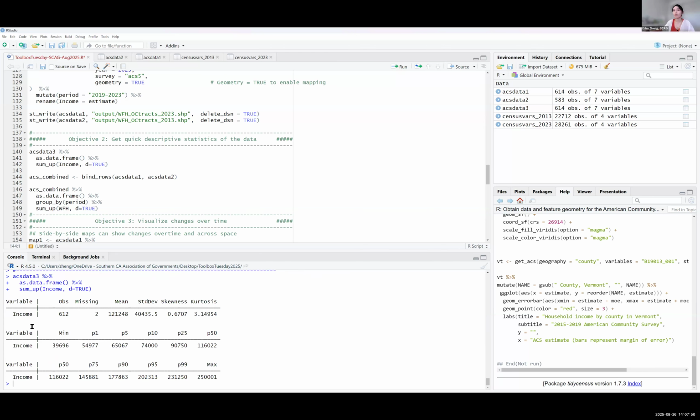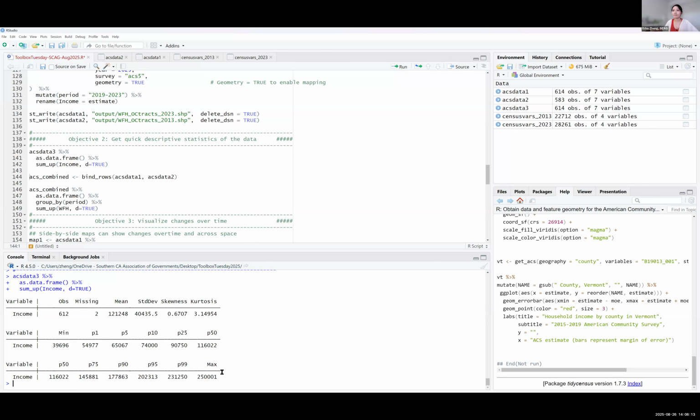There are different ways to get descriptive statistics, and this is by far my personal favorite because it just gives you everything from mean to standard deviations, and then from first percentile, fifth, 10, top quartile, all the way to 99th percentile and max.